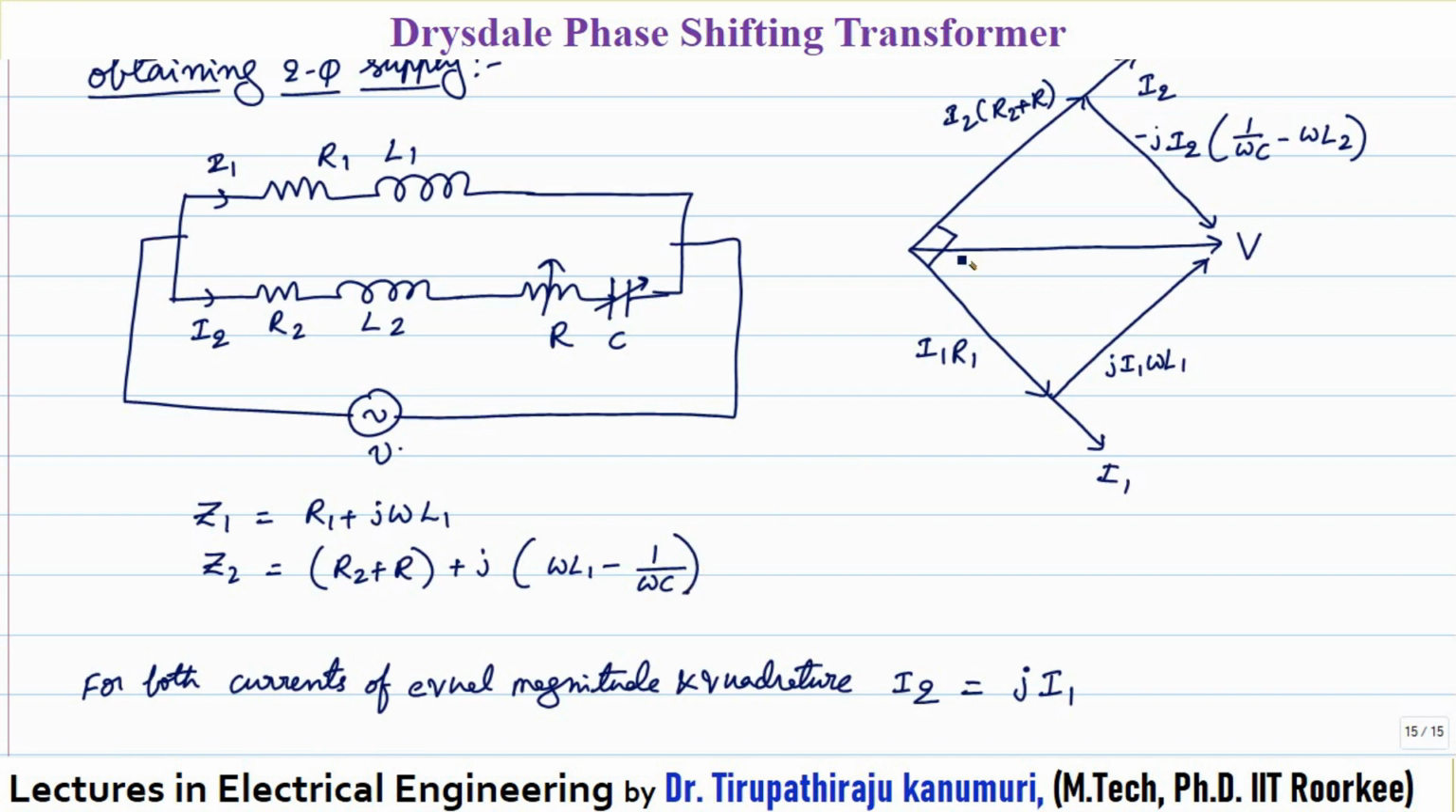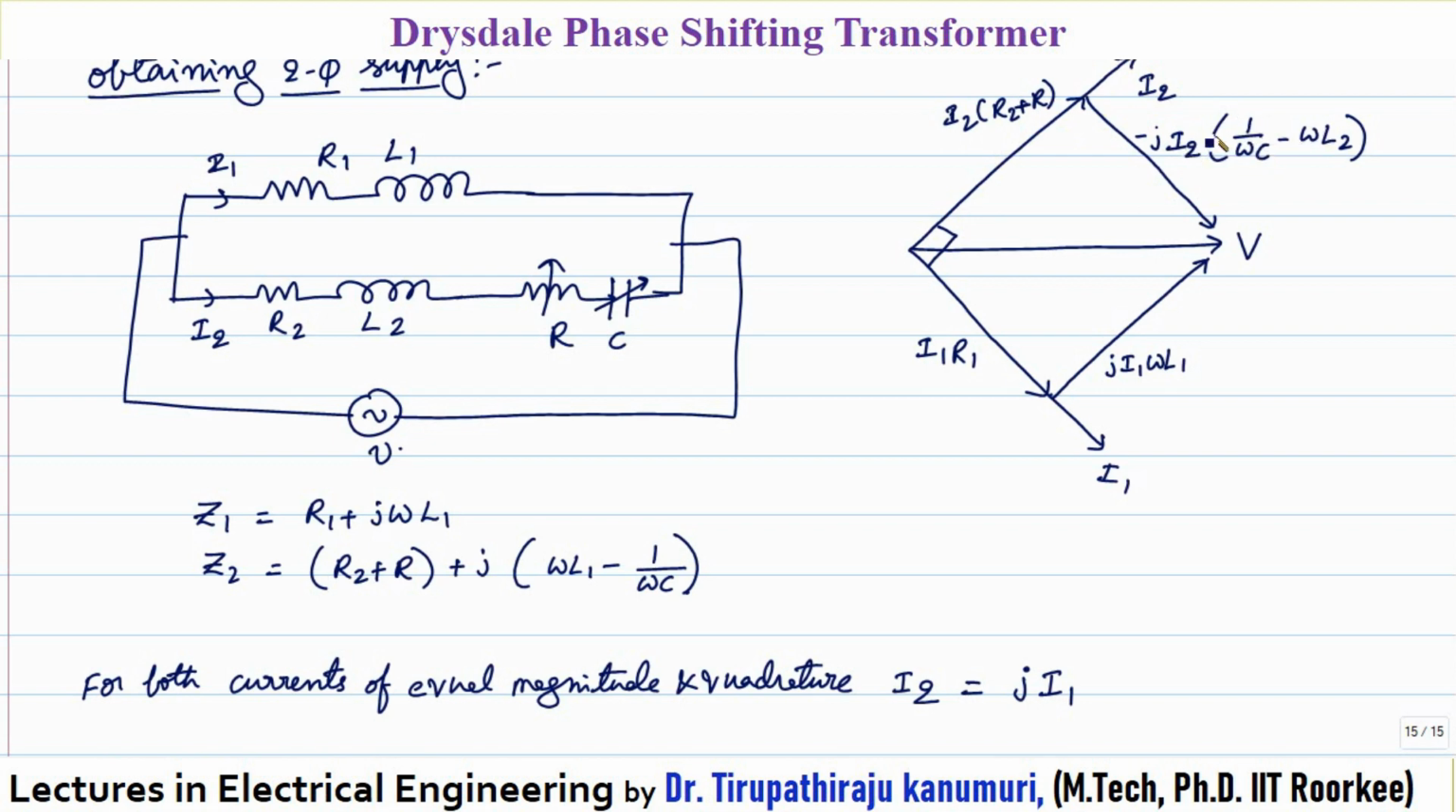Now this is my applied voltage. For this applied voltage, let us assume the capacitive reactance dominates the inductive reactance. Then the current will lead the voltage by some angle, as we have already seen in basic electrical engineering. So this is my current I2. The voltage drop because of the resistance, I2 multiplied by R2 plus R, will be in phase with the current. And because we are assuming the capacitive reactance is dominating,